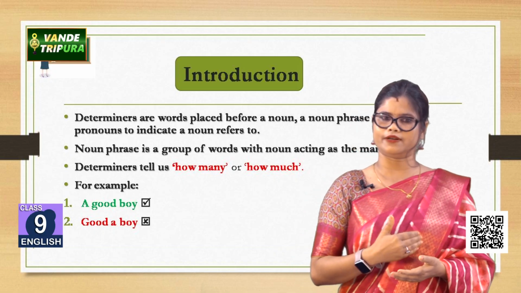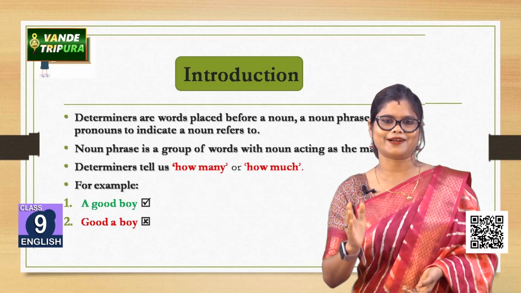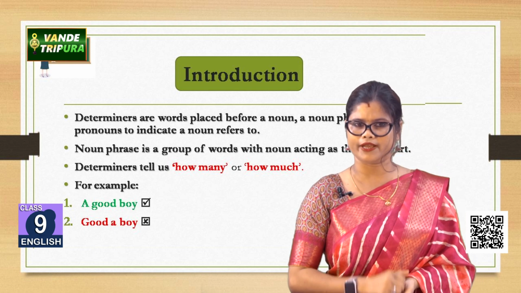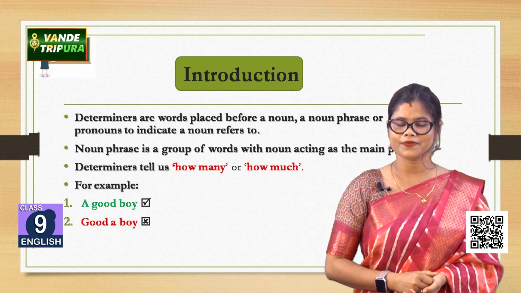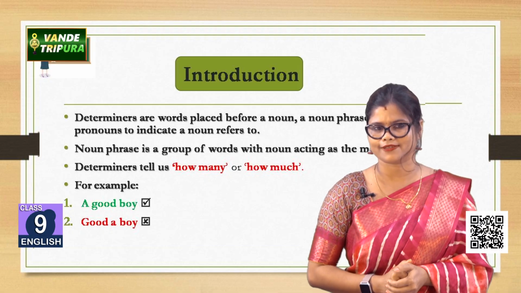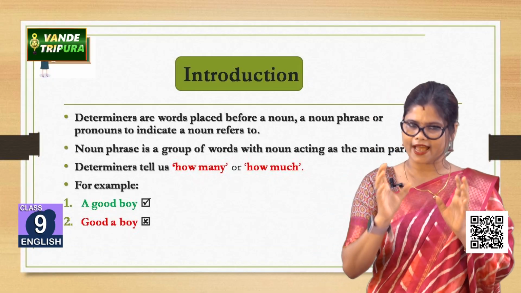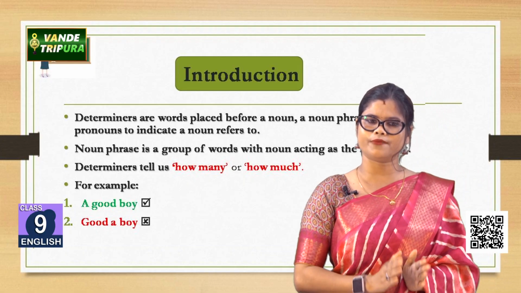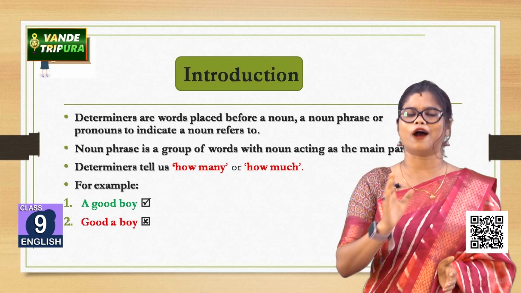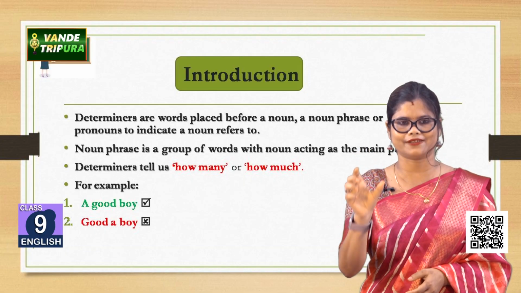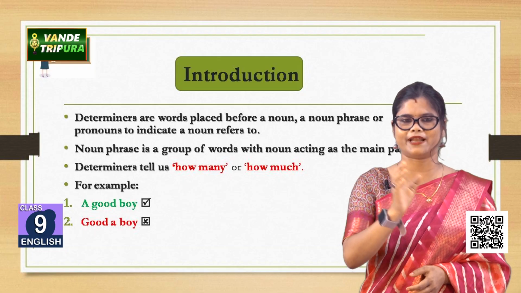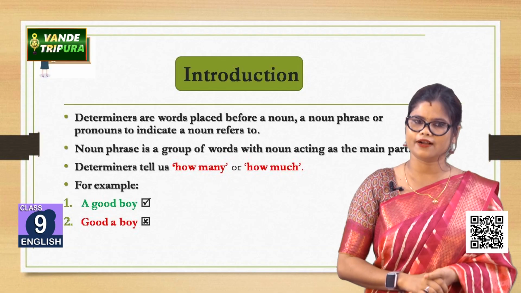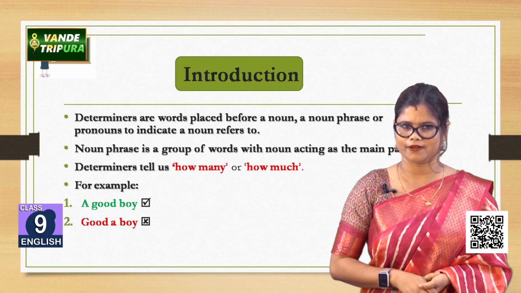আমরা জানি অ্যাকর্ডিং টু দ্য রুল দ্যাট আফটার দ্য ডিটারমিনার নাউন কামস। কিন্তু এখানে একটা গুড শব্দ আছে। যদি আমরা ডিটারমিনার বলি তাহলে গুড শব্দটা কি, বয় তো নাউন আমরা জানি। So here is the use of noun phrase. Good actually is a modifier, it is an adjective that describes the boy, that is the noun. তো এখানে ডিটারমিনারটা বসছে নাউন ফ্রেজের আগে। ইন দিস লাইন গুড বয় ইজ এ ফ্রেজ অ্যান্ড এ ইজ এ ডিটারমিনার হুইচ ইজ প্লেসড বিফোর দ্য নাউন ফ্রেজ। গুড বয়ের আগে বসছে, নাও দ্য লাইন ইজ কারেক্ট, আ গুড বয়। গুড এ বয় আমরা কখনোই বলি না, ঠিক আছে।